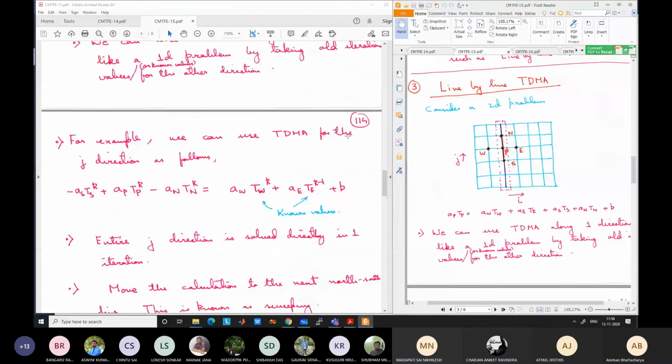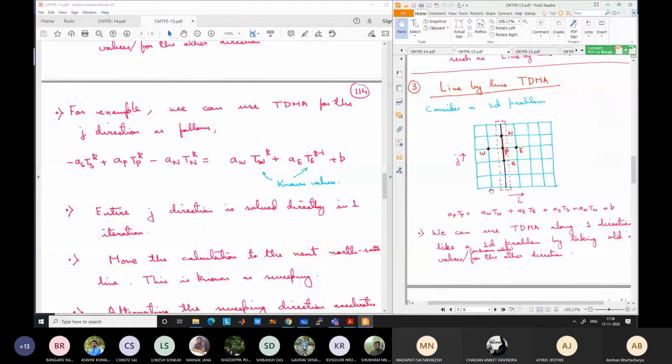And if you compare with the previous methods, the boundary information along the sweeping direction, along the I direction, passes at the rate of one grid point per iteration. However, along this traverse direction, the boundary information passes directly in one step from one side to the other side, meaning the entire vertical length is covered in one step. All the boundary information passes because you are directly solving this. You are not iteratively solving it. So all the points are dependent on the values of all the other points.